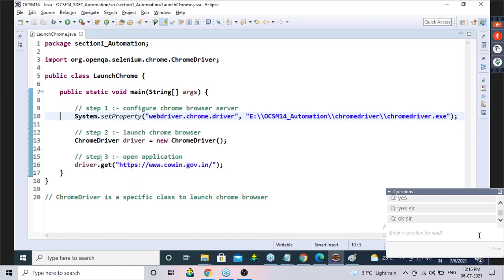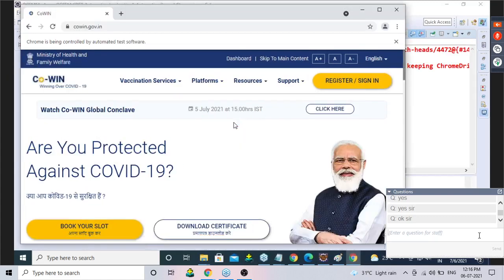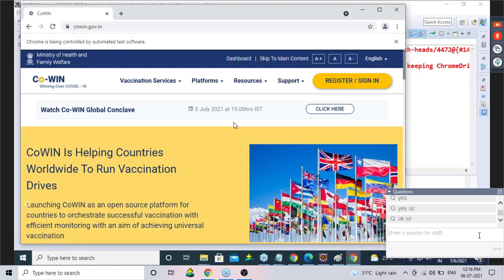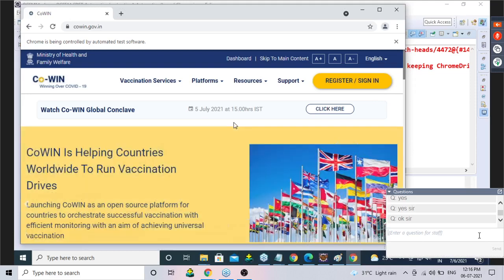Automatically the Chrome browser launches. Automatically this website will open. Okay, see. Is it working?